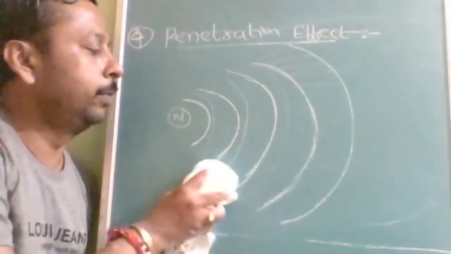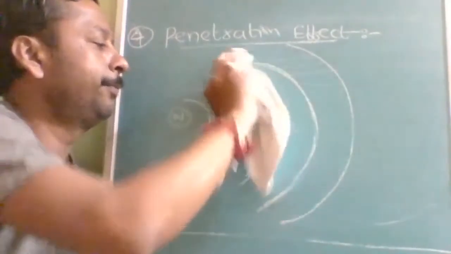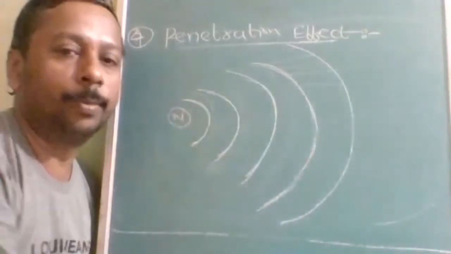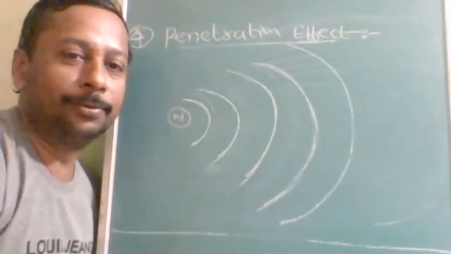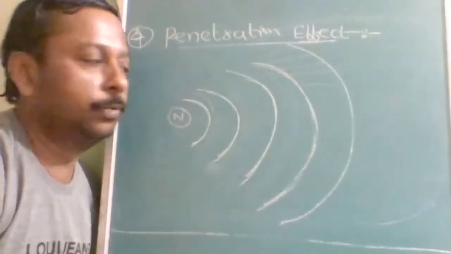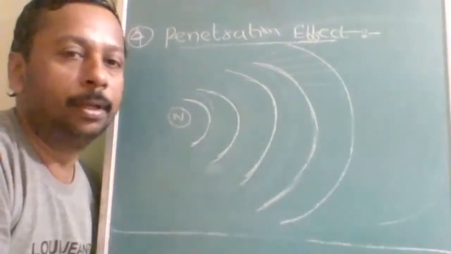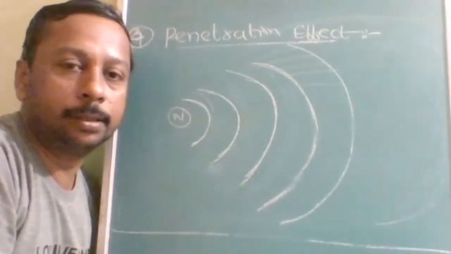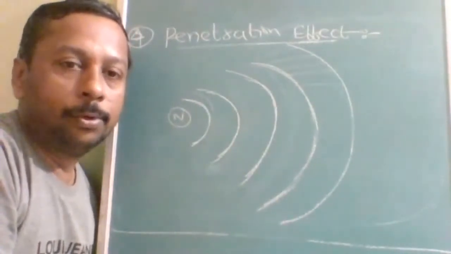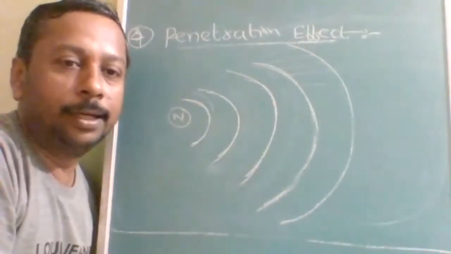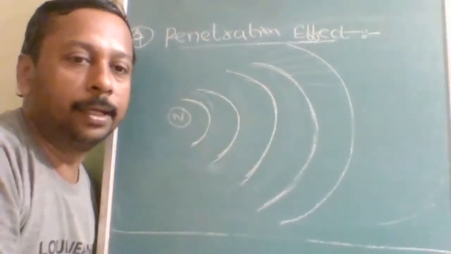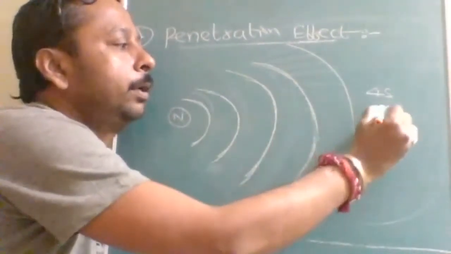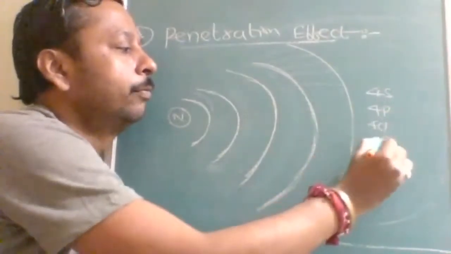So this clarity should be there. You will get this clarity only when you use high precision instruments. Okay. So when you use high precision instruments, you will understand like this. Understood? So the fourth energy level contains how many subshells? Four subshells they will contain. Okay. What are those? 4s, 4p, 4d, and 4f.